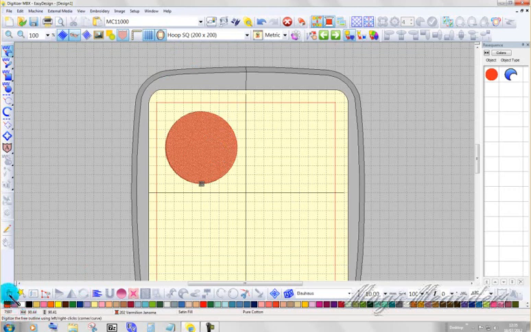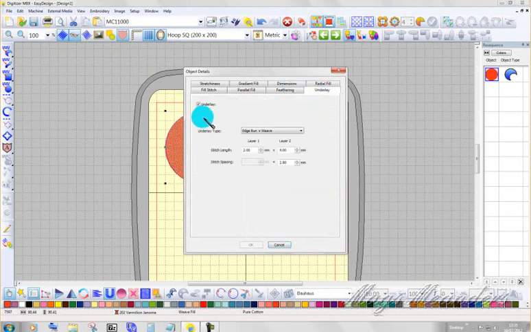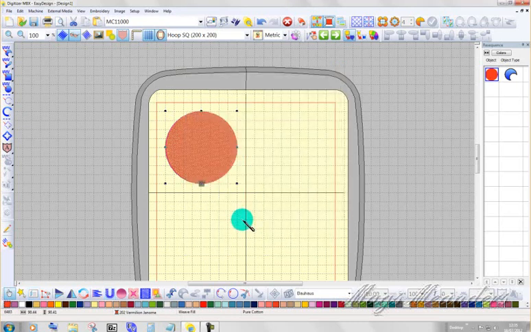I'm going to go into object details, stitch parameters, whatever, and tell it no underlay. That's the first one. Okay. And I've left the fill at the default. Then I'm going to go into object reshape and I'm going to set that angle for 90. And I'm going to tell that stop. Now I want to highlight it,